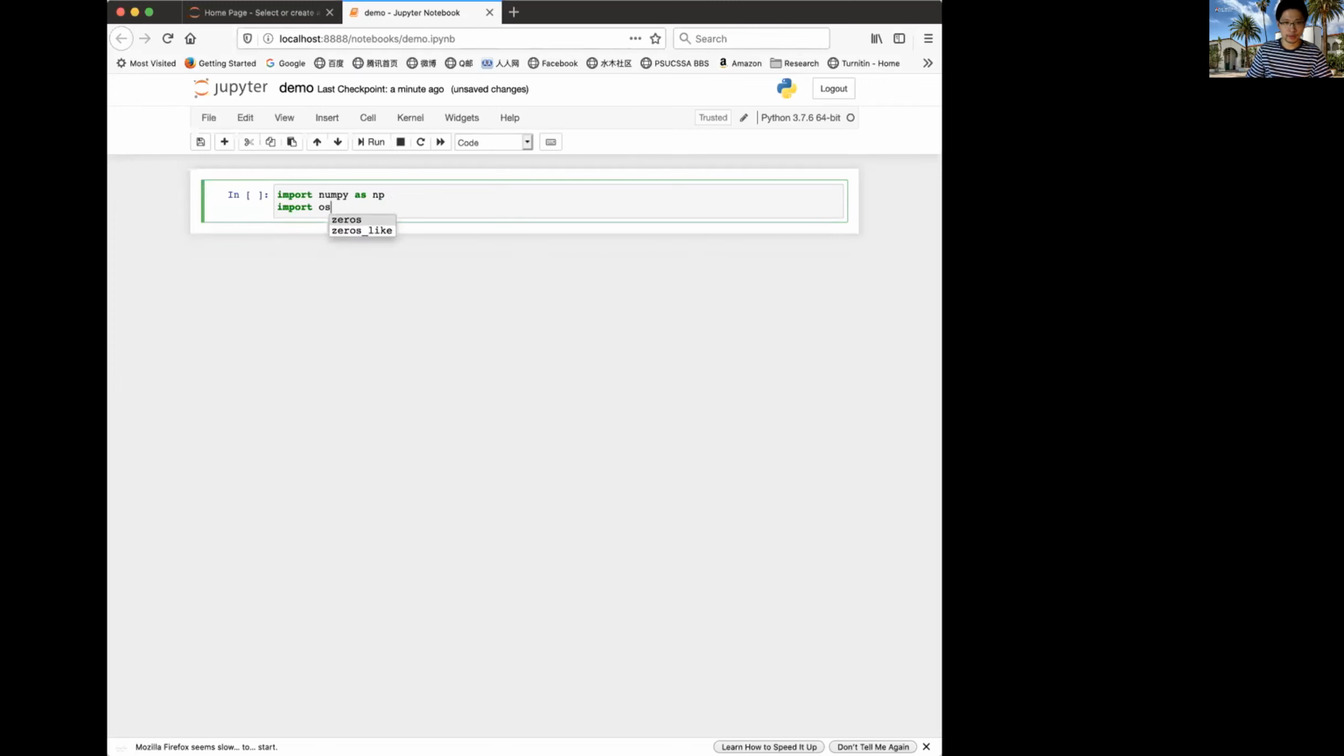Let's do one line of code here. With this line of code, I haven't executed yet. So I can click on this run, or I can press Shift Enter. So it's executed. Now the numpy package is imported to your current notebook, and it's renamed as np